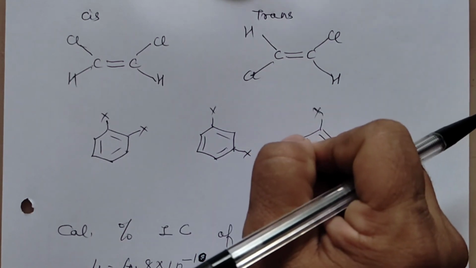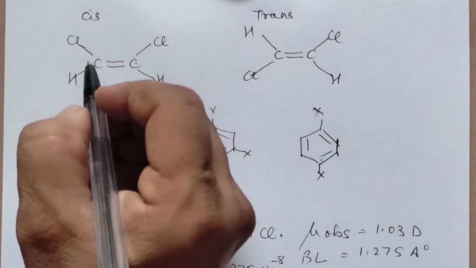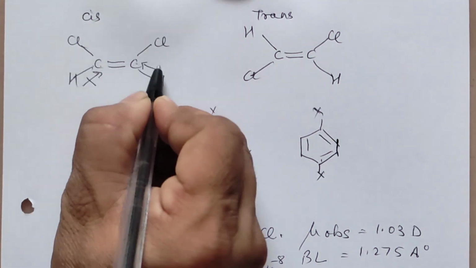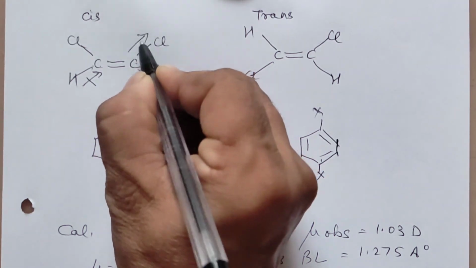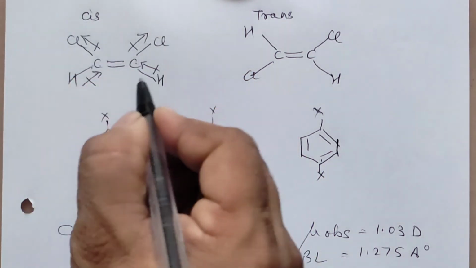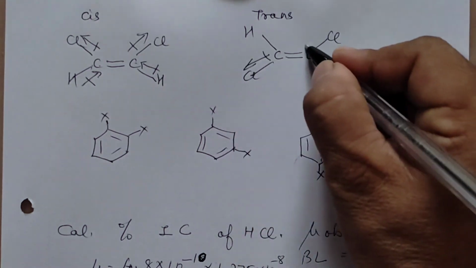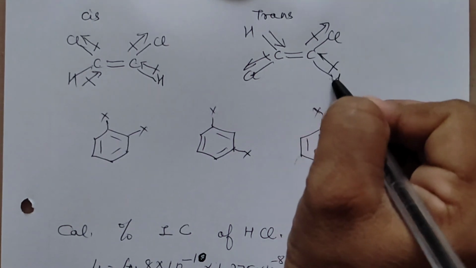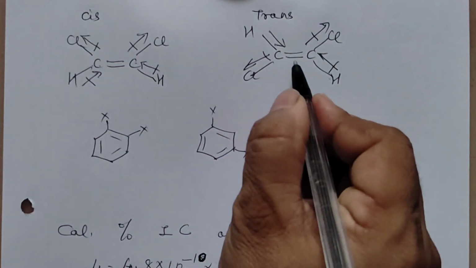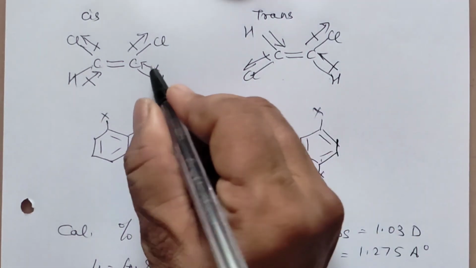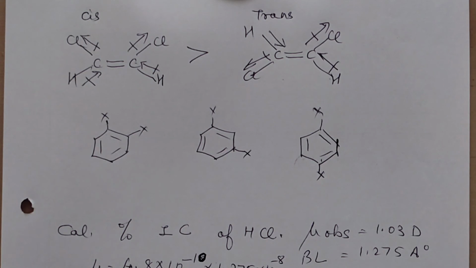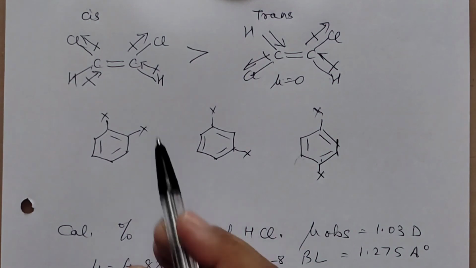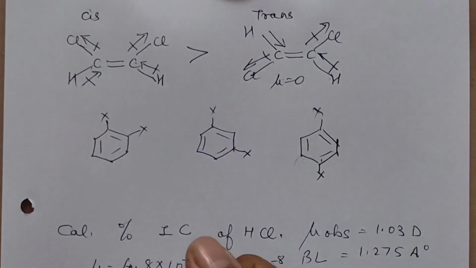So which will have more dipole moment? You can just see carbon is more electronegative, so this bond moment will be towards carbon, and this will be towards carbon. Chlorine is more electronegative, so this bond moment will be towards chlorine. Whereas here, this will be towards chlorine, in the opposite direction. So here you have them in opposite directions, and this will not have the greater dipole moment. The cis will have more dipole moment than trans. We can say the trans is getting cancelled. The dipole moment of trans is 0. Cis is not 0, it has a dipole moment.